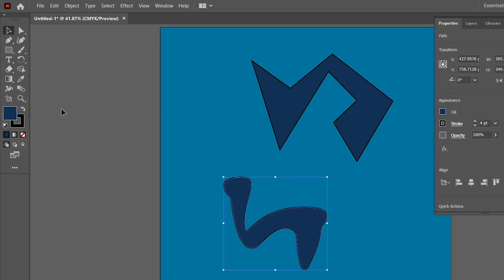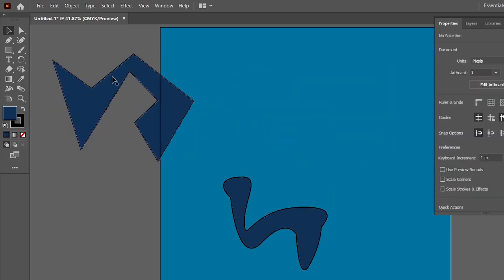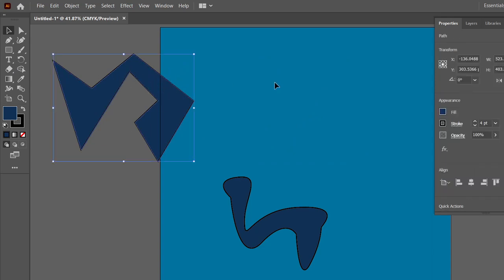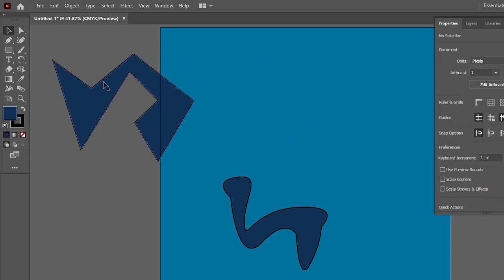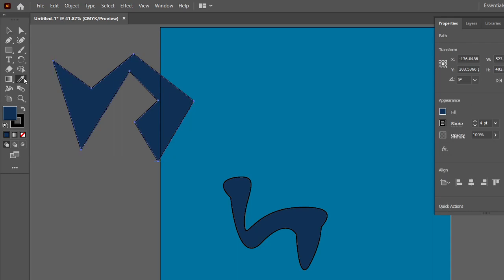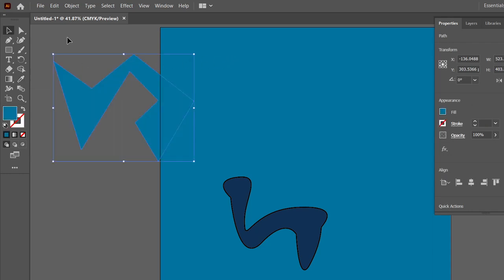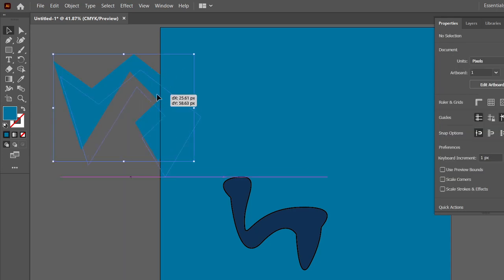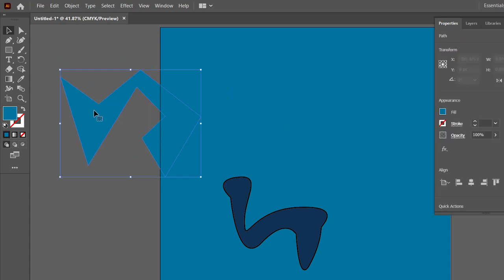So we'll go through the third option, which is the eyedropper tool. The eyedropper tool mainly helps in selecting colors. So if you want this figure's color to match the background color, you just have to select this figure and use the eyedropper tool. The eyedropper tool generally fills with this color only. So this has now completed merging those two colors. Whatever this background color is, this figure will also have the same color.